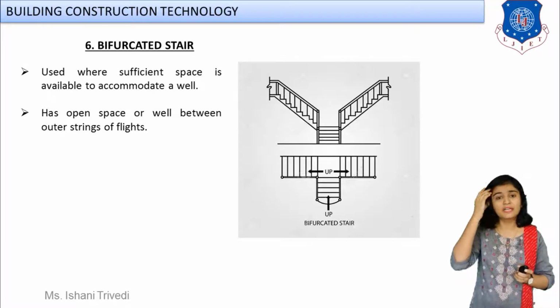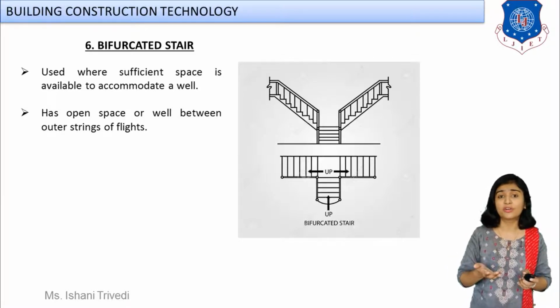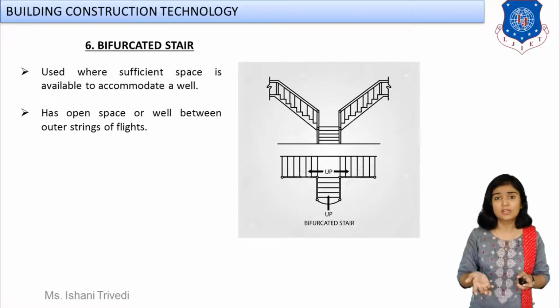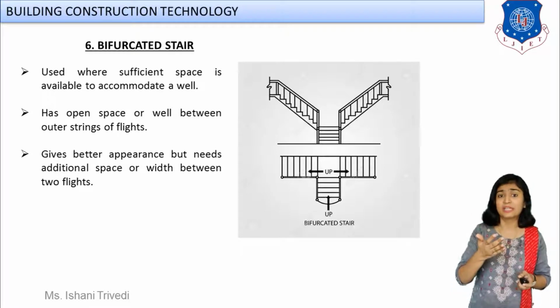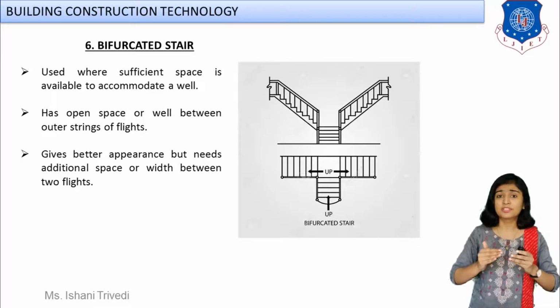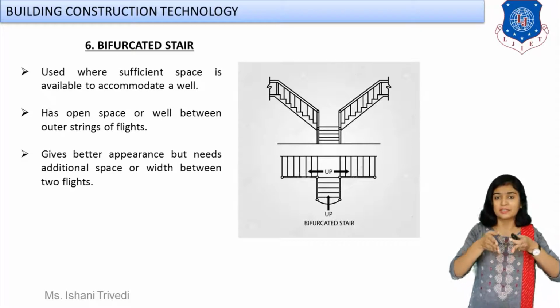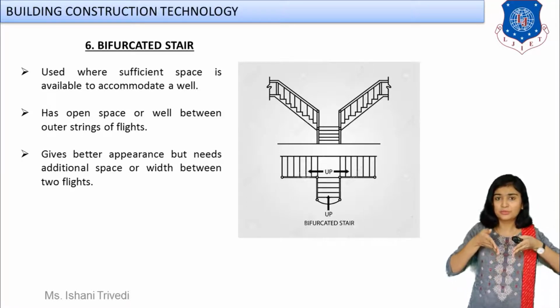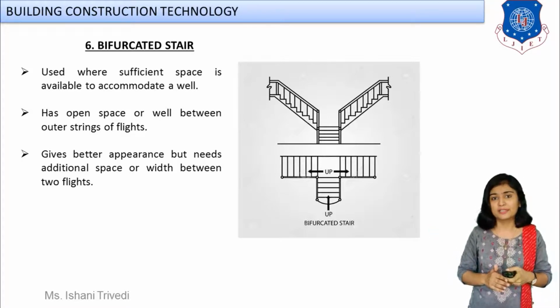This is generally provided in big spaces like palaces, theaters, auditoriums, big places, in domes. At those places, bifurcated stairs can be provided. If you recall, in your institute also, bifurcated stair is provided. The stairs which lead to the back side, the rear side where all your functions take place, right? Over there you have the opposite thing. You are going to climb down and then it is splitting in two directions. That is also an example of bifurcated stair.